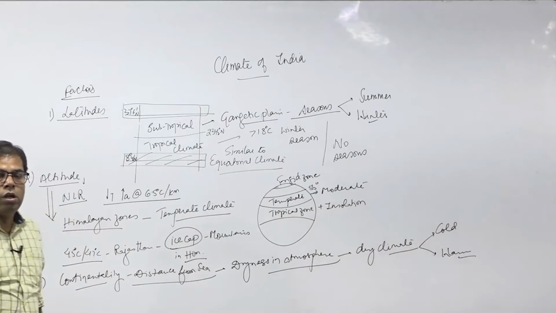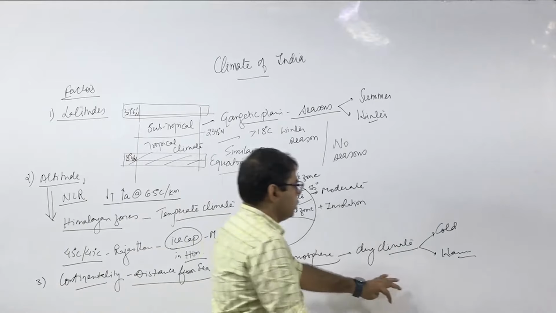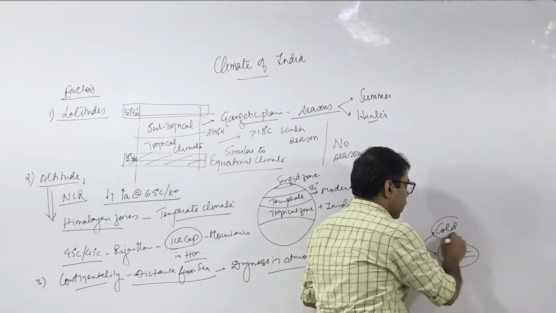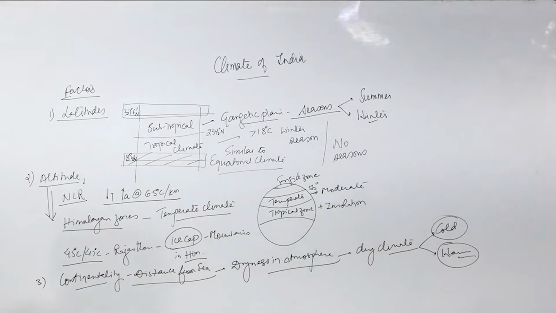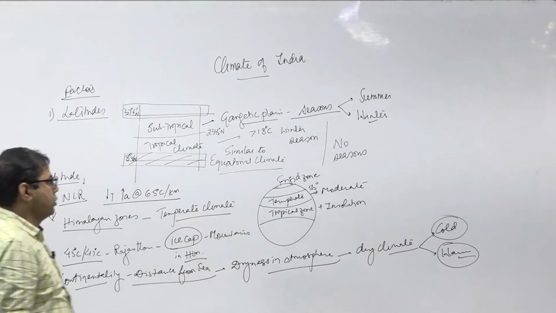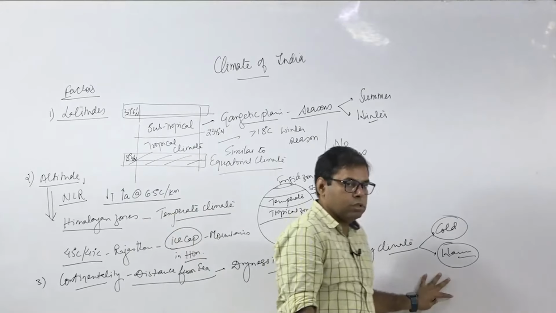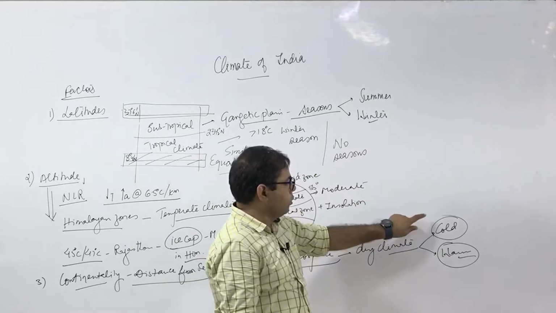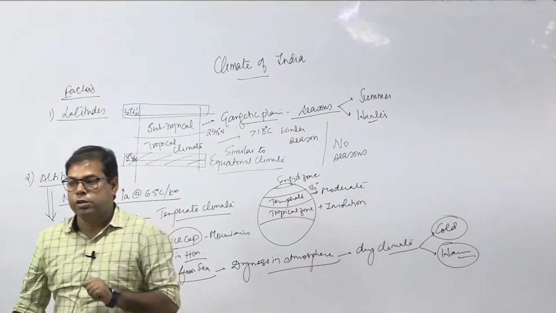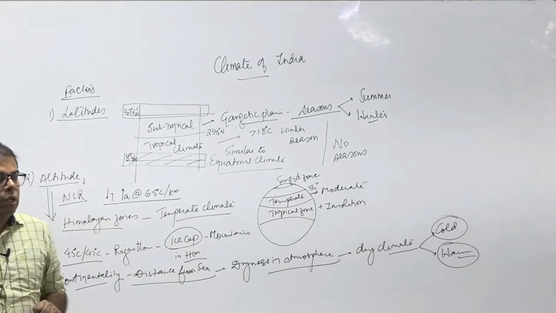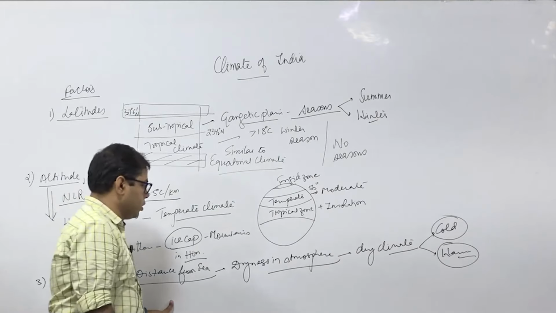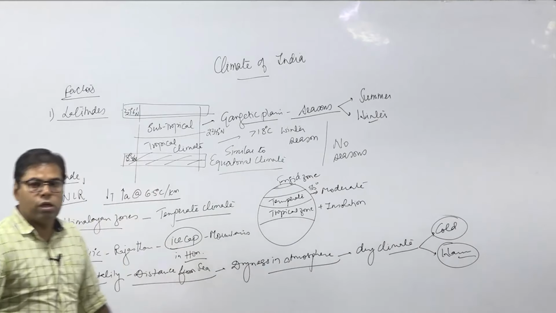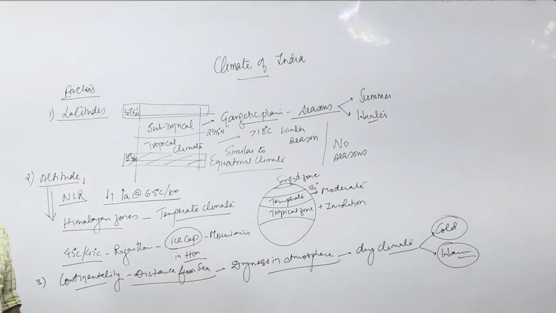Got it? So, Rajasthan desert is excessively warm. The Punjab, Haryana, Delhi and NCR region is having excessive warm conditions during the summers, and at the same rate their cold condition prevails in the winter. So, the effect of continentality and the effect of distance from the sea has been responsible for controlling the climate over an area. Clear? समझ में आ गया?